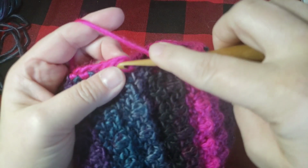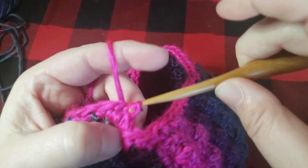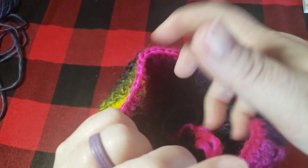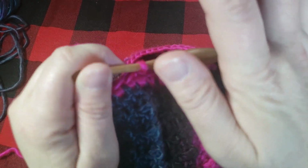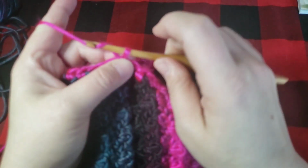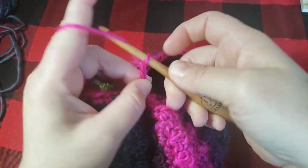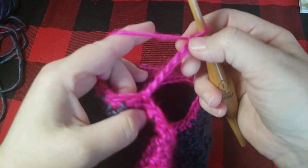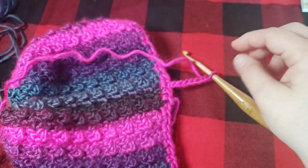Okay, when you come back around, you're going to slip stitch in your first single crochet. Now, I had to cut off and do a little maintenance because I actually messed up, because we're all human, we mess up. But this is what we're going to do. We're going to chain 1, 2, 3, 4, 5, 6, 7. I'm doing 7. Now you can measure it out and see where it's going to put your hat at,